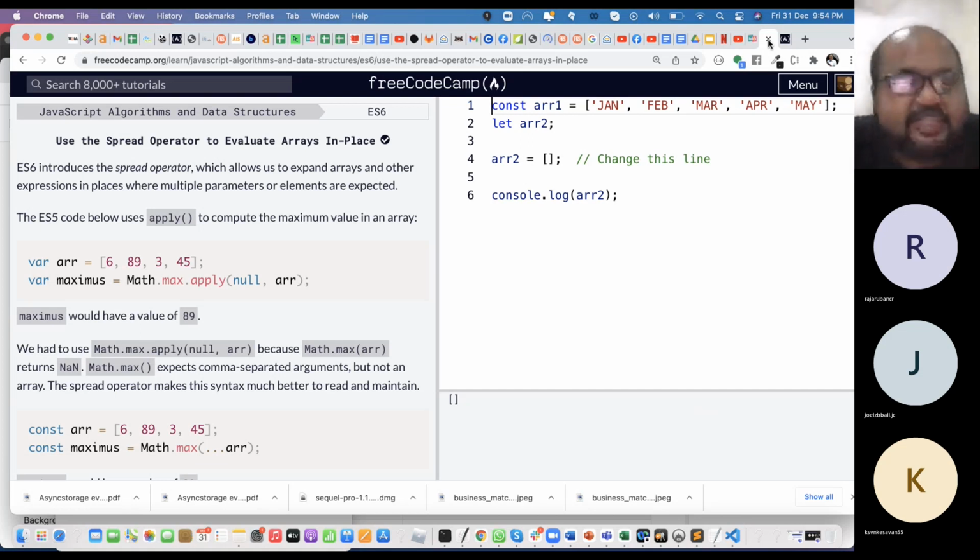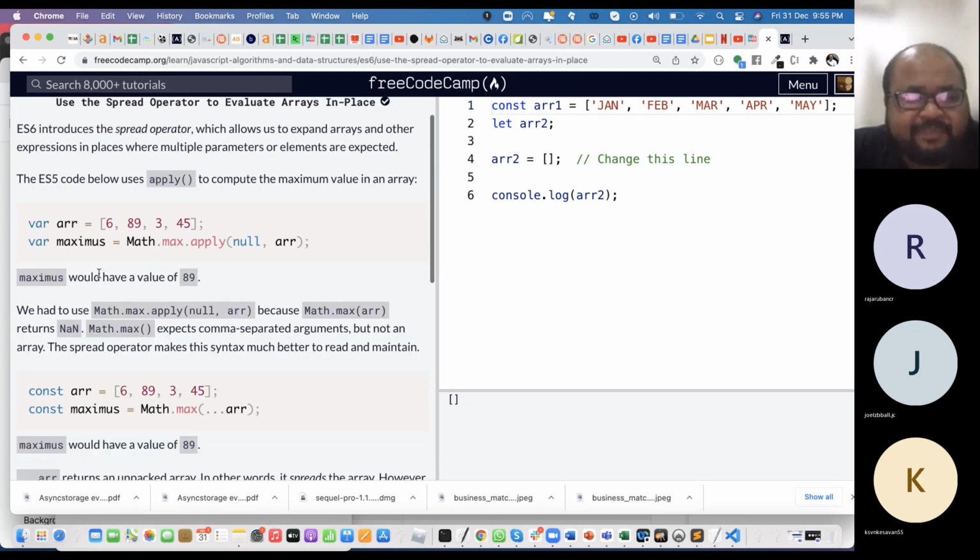ES6 introduces a spread operator which allows us to expand arrays and other expressions in places where multiple parameters or elements are expected. The ES5 code below uses apply to compute the maximum value in an array. So you have var arr, 6, 89, 3, 45, Math.max.apply, arr. It will look for 89, which is the largest number in the array. This is ES5. In ES2015, yes, it's been 2016, we had to use Math.max.apply null because